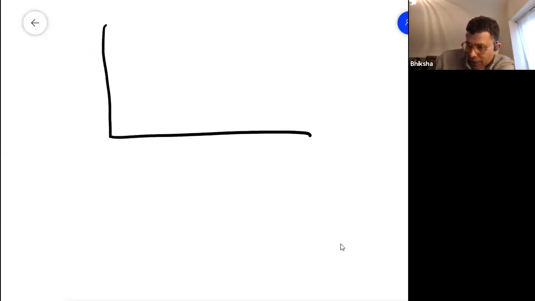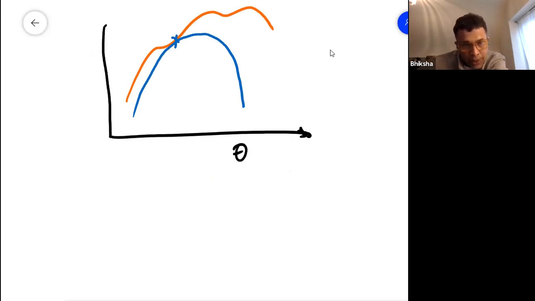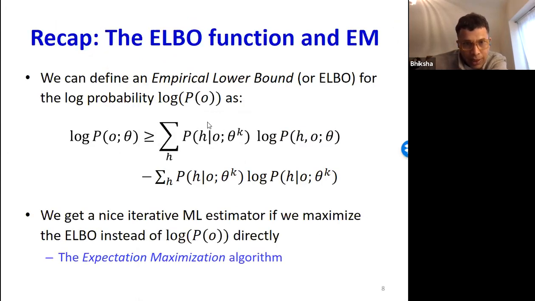Again, you remember this. Our ELBO function, if the log likelihood of the data had some form of this kind, had the property that it was always going to be below it, and you could make it touch the log probability function at any point that you wanted. And so the ELBO function itself had this form, which was the expectation of the log probability of the complete data taken with respect to the conditional probability of the missing components given the current estimate of the parameters of the model, plus an extra term.